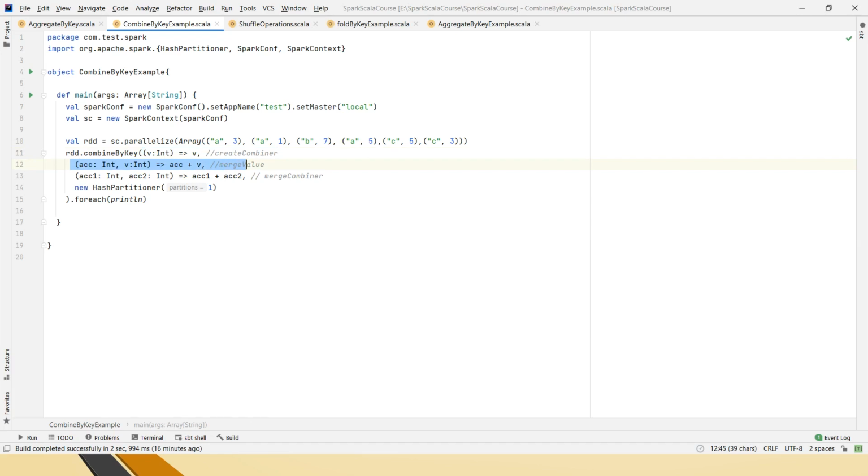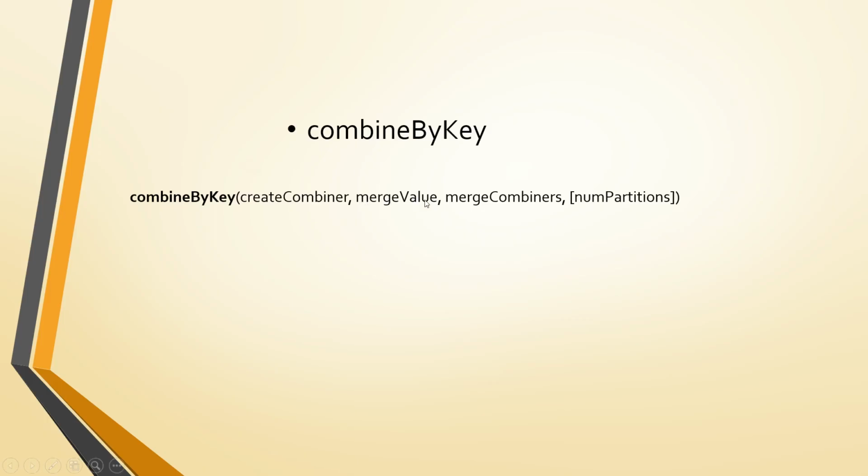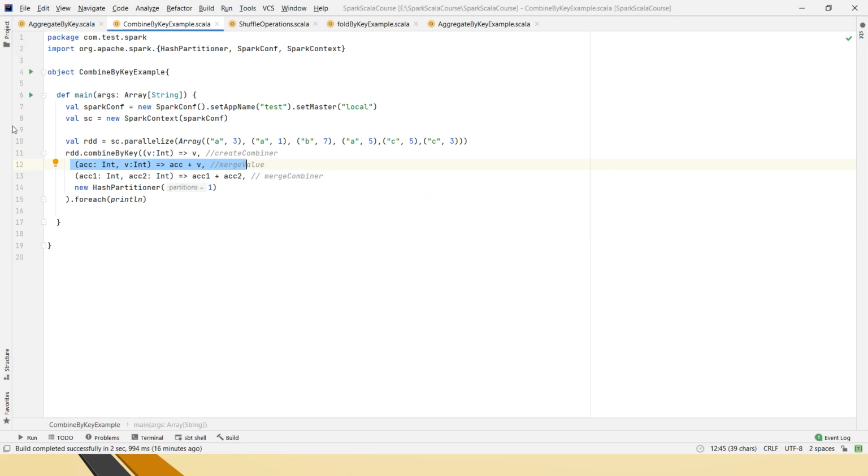Then the second parameter is the merge value. Here you can see, right, merge value. So what it will do is, this ACC is the accumulator and V is the value. So now for this value it will create the accumulator. For example, here for A, in this function it will be like